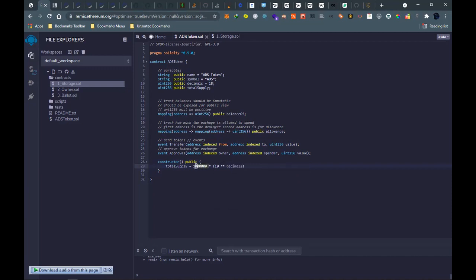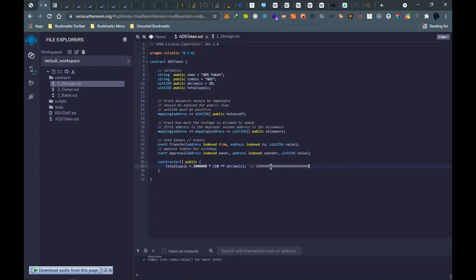So our total supply will look like this. In short, it will have decimals like this. If we want to send, it will have 18 decimals: 1, 2, 3, 4, 5, 6, 7, 8, 9, 10, 11, 12, 13, 14, 15, 16, 17, 18. So in short, our total supply will be looking like this.